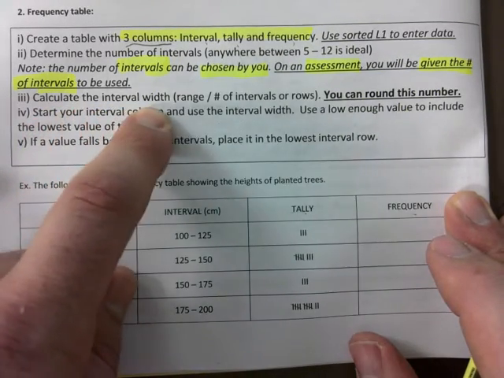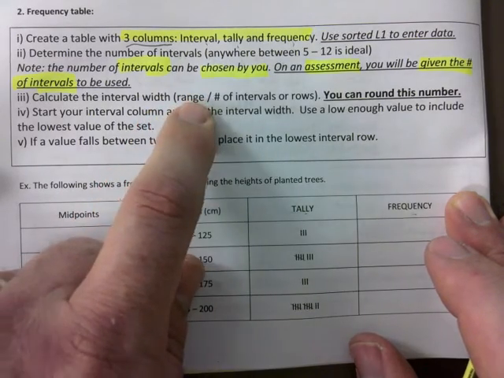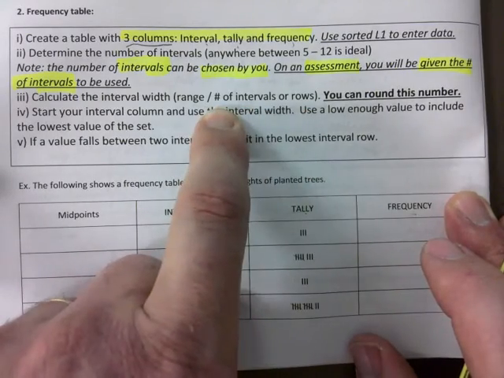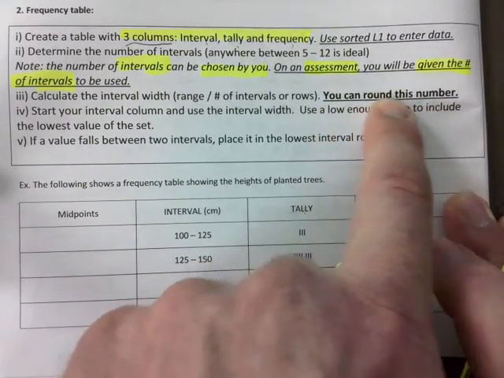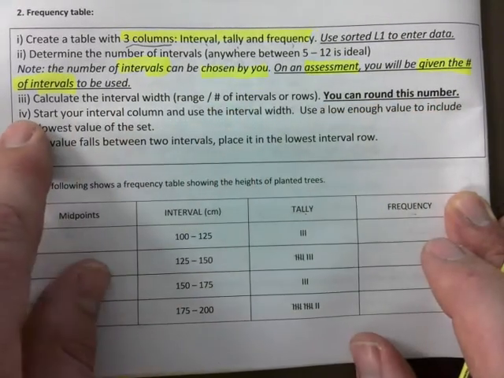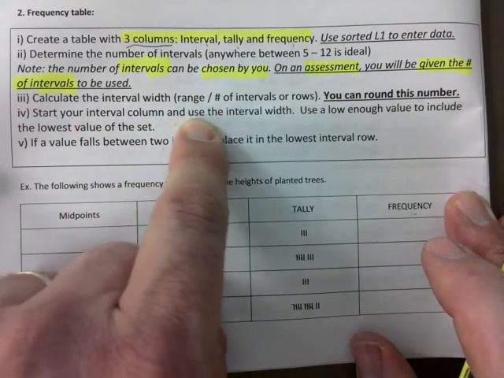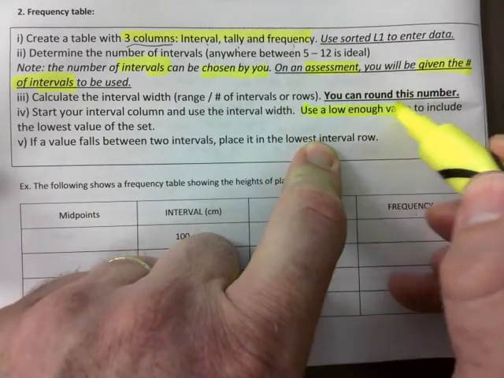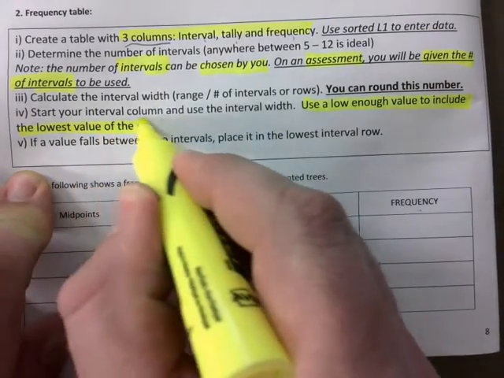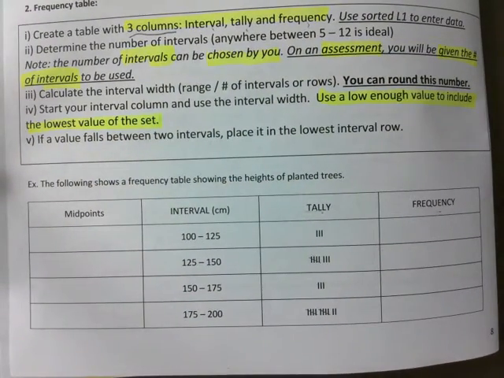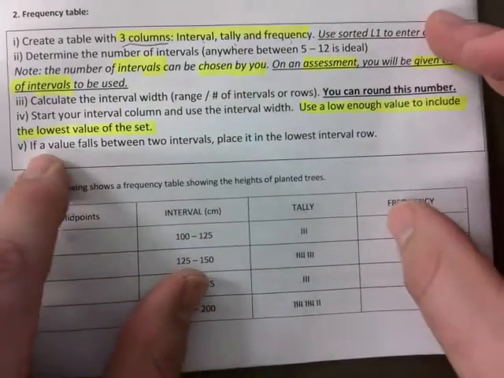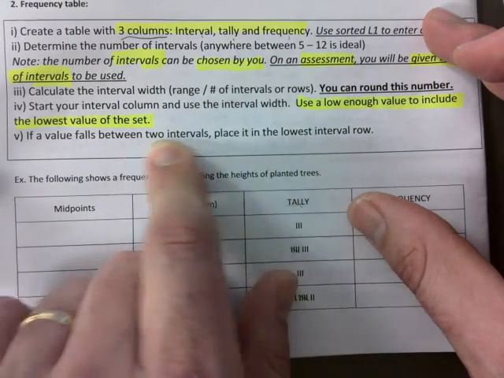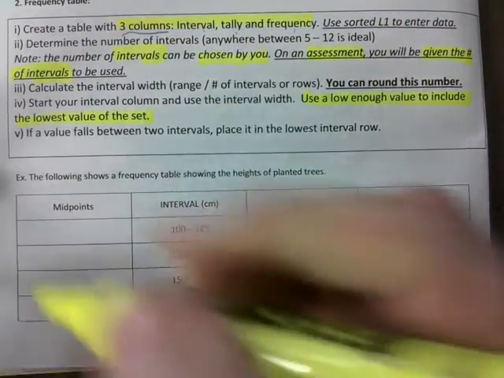Third step is calculate the interval width, which is basically the range divided by the number of intervals or rows that you're choosing to find, right? You can round this number though. Make sure you understand that. That's just a guideline. Fourth step, start your interval column and use the interval width to get there. Use a low enough value, right? Use a low enough value to include the lowest value of the set. And this is important here. If a value falls between 2 intervals, place it in the lowest interval, okay? Maybe that's worth highlighting